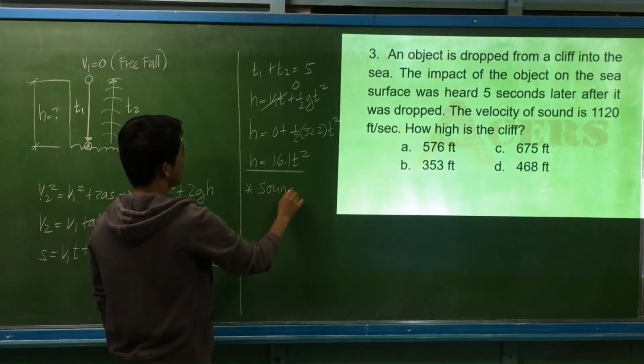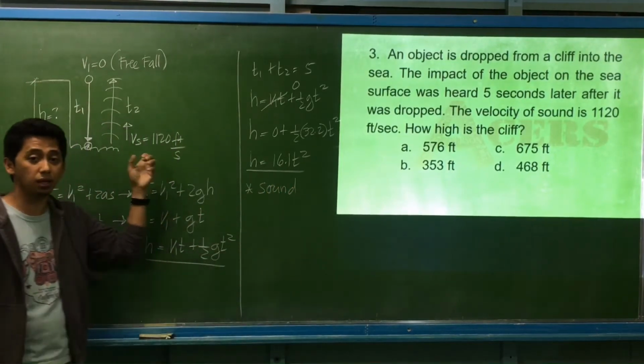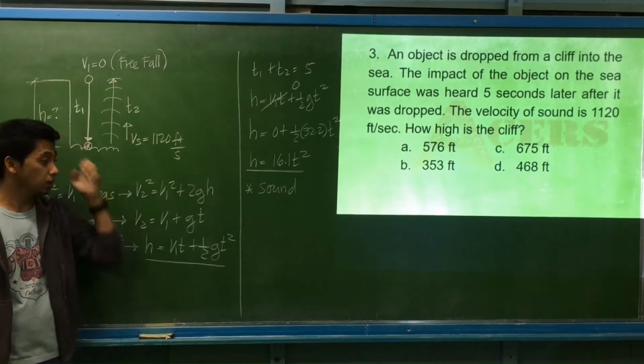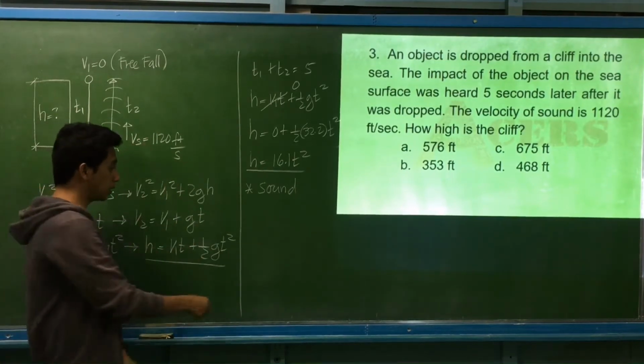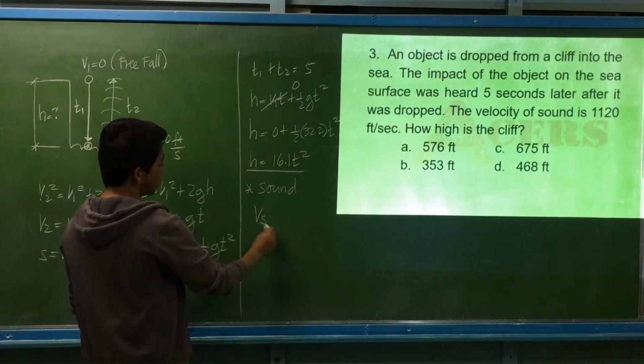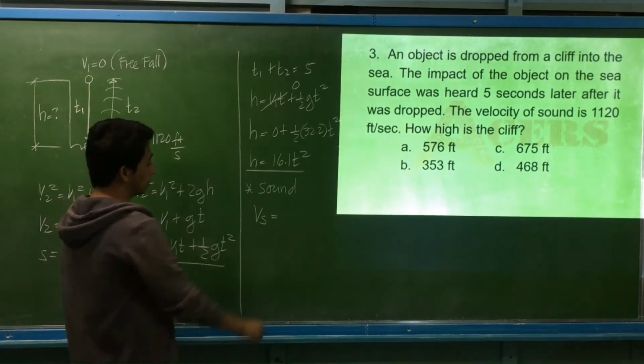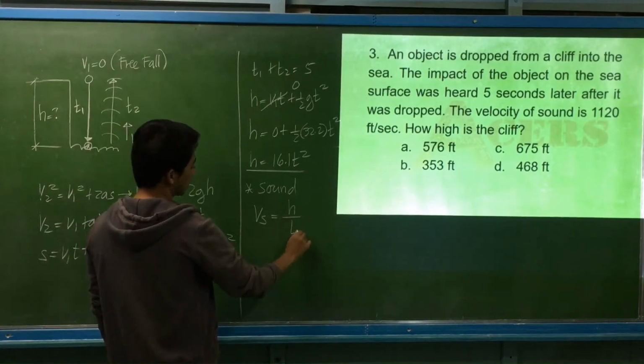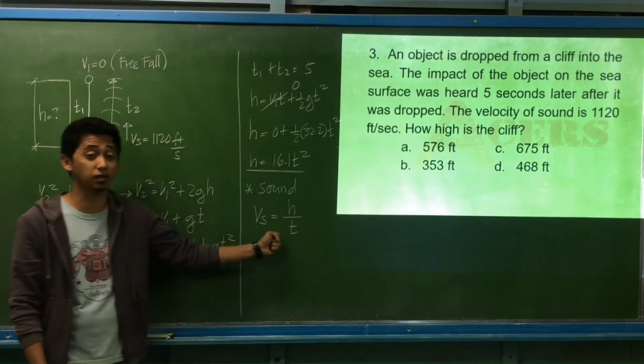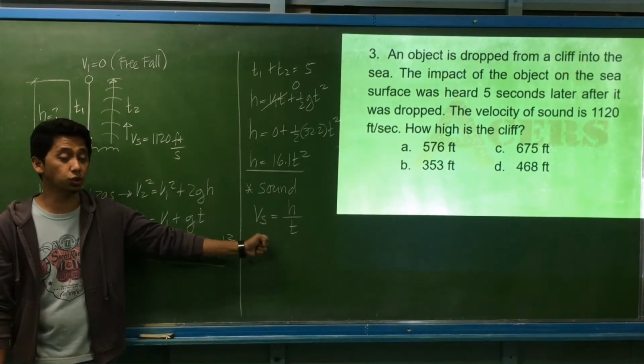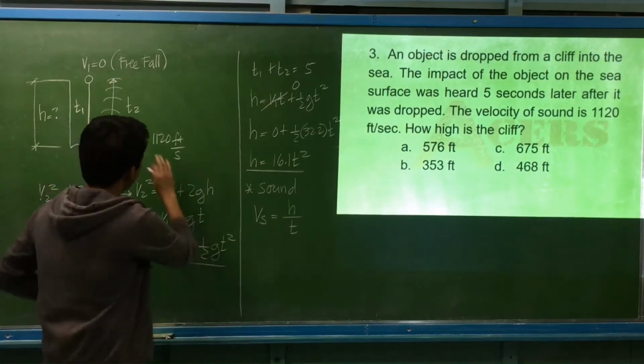This is for the sound. Is the sound affected by gravity? Basically, no. The sound is not affected by gravity, which means our equation is basically velocity of sound equal to the height divided by time. Okay. Since it is not affected by the acceleration due to gravity, we have the velocity is equal to